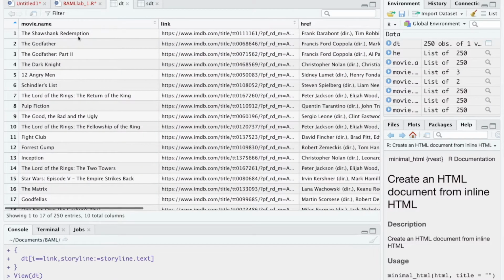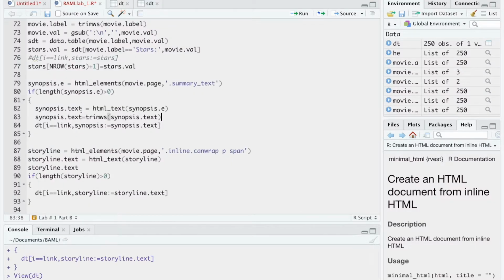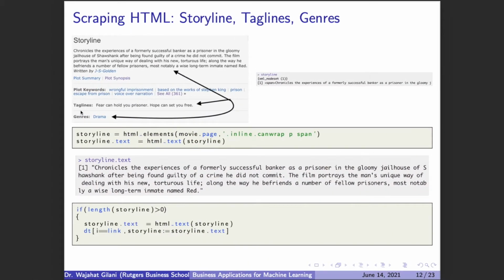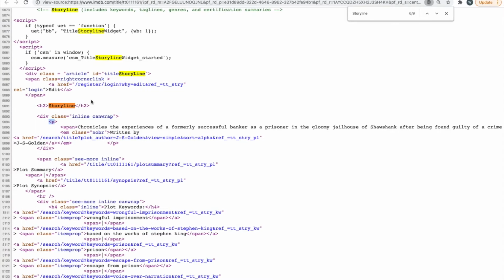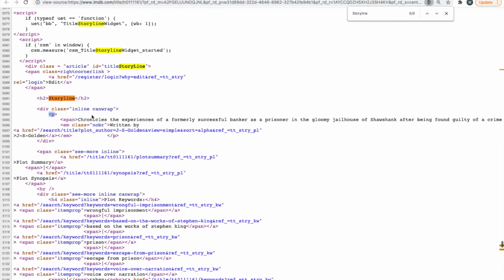There's my storyline. All right, but remember we want to grab also, we got all these in one space. Let's go ahead and grab the taglines and genres as well, right? Taglines is going to take a little more trickery, a little more creativity. It's going to take a little more work because of the fact that if you go to taglines right here,